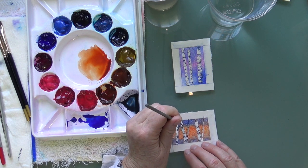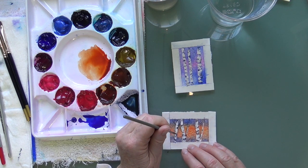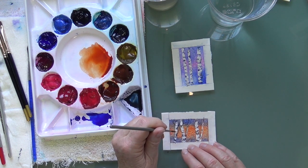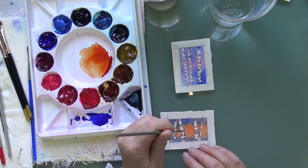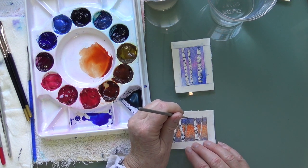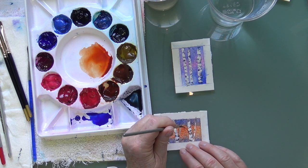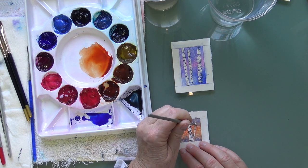Continue this one up here. And so I'm just going to run some branches across here, wiggle a little bit. You know, don't make them too regular. That's the hardest part when you're painting, is variety. Always think variety. And so I'm just getting some nice branches, little twigs,